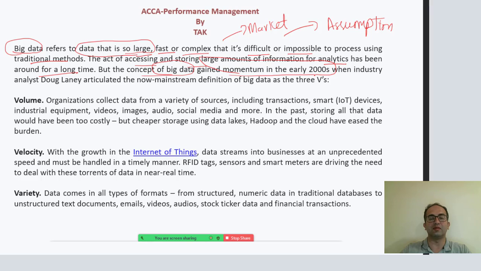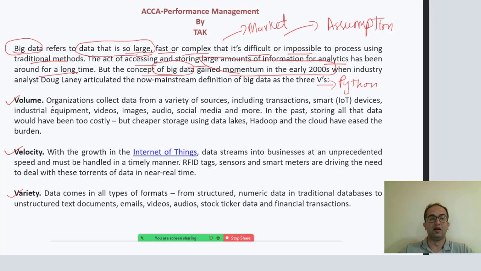So when the market establishes with the new software like Python and other coding languages that have developed, these things have gained momentum. In big data, there are three natures that are considered. Actually, if we consider the current literature, there are 5 V's, but the most common or most examinable ones are the 3 V's: volume, velocity, and variety. We know that big data deals with all these three, and these are the characteristics